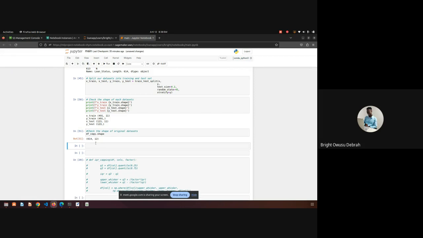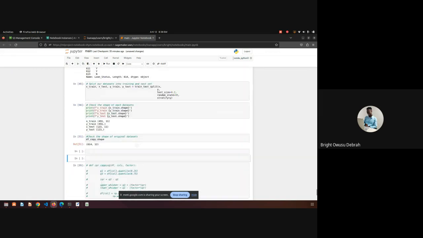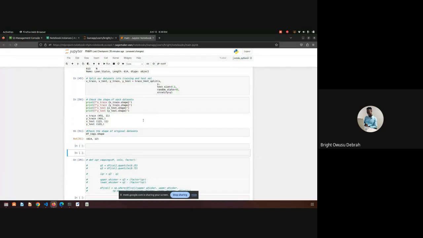Okay, but let's see the shape of the original data set. So let's check if you combine this and this, we'll get... See, so what this means is that we have 614 rows and 12 columns. Okay, so if we add 491 plus 123, we get 614. Okay. So now that we have our data set split, we are going to use something called